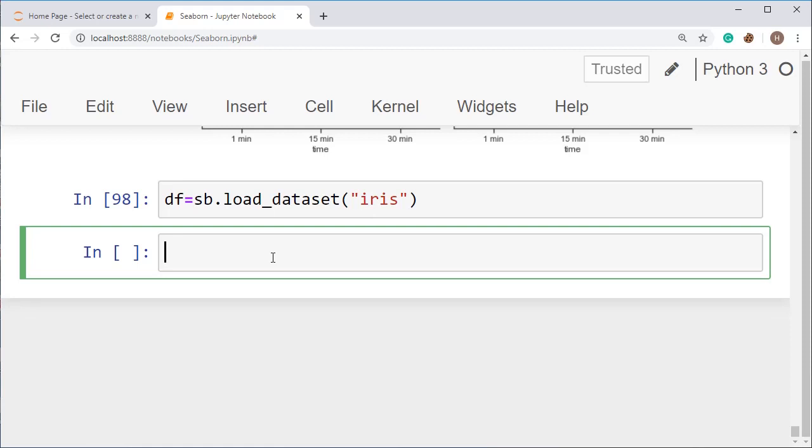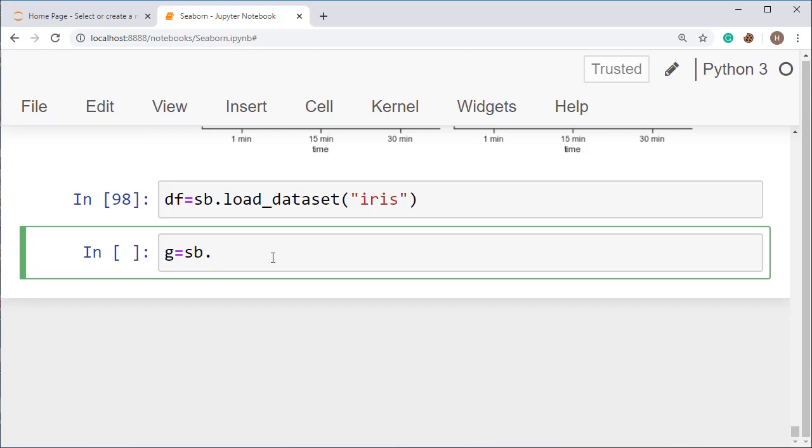Now I am going to show you g is equal to sb.pairplot. Now I'm going to show you the pair grid, the different grids. Now we have seen the facet grid, now I'm going to show you the pair grid. Pair grid actually creates pairs. In facet grid you will get two axes, x-axis as well as y-axis. But in pair grid, you will get pairs of data, meaning you will get different plots.